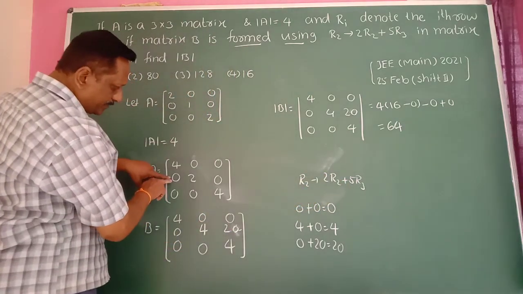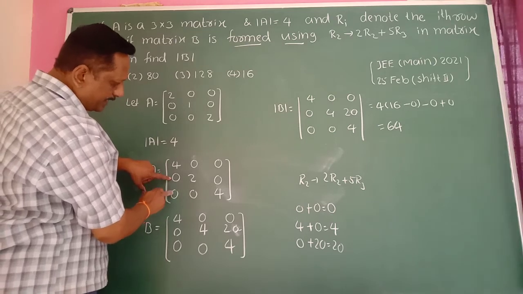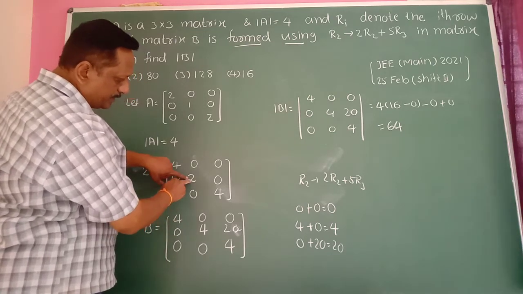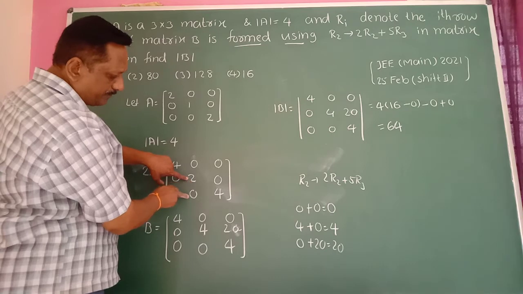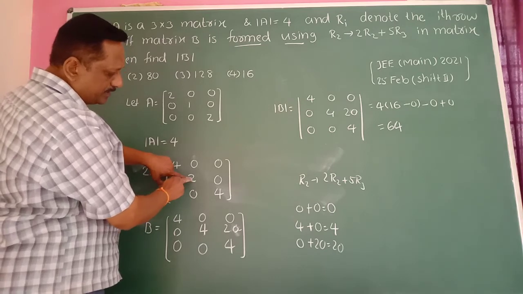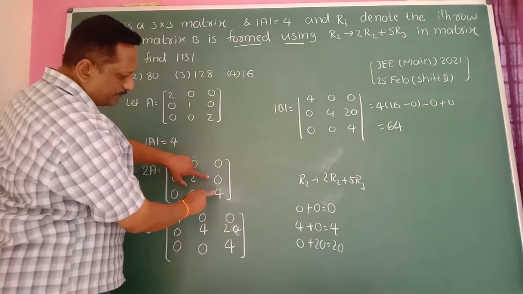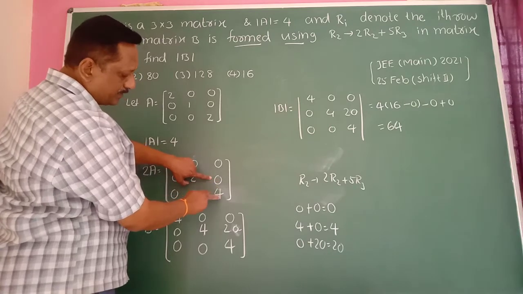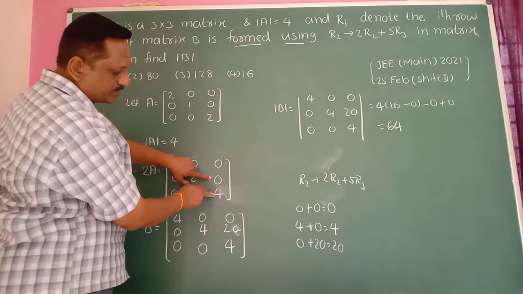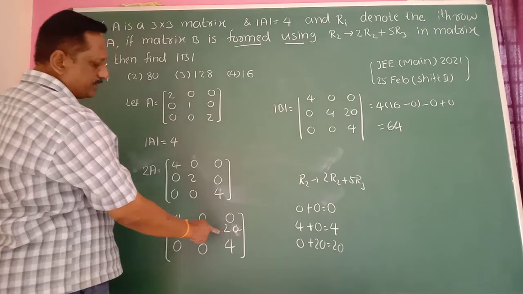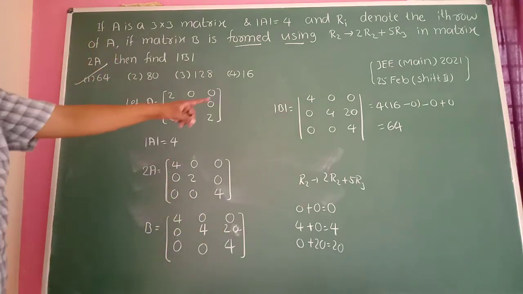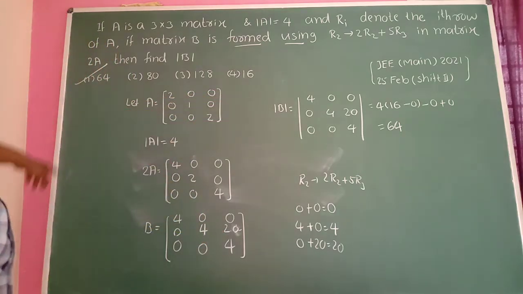Then we get the second row. So then multiply by 2 here. Multiply by 5, add it here, again it is 0. Multiply by 2 here, 2 4s are 4, multiply by 5, then 4 plus 0 is 4 only. Multiply by 2 here, it becomes 0, multiply by 5 here, 5 into 4 is 20, 20 plus 0 becomes 20 here. Then expand this determinant here, then we get 64, so 64 is the answer.